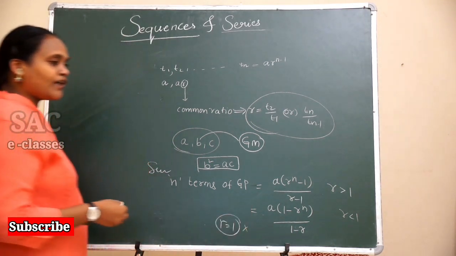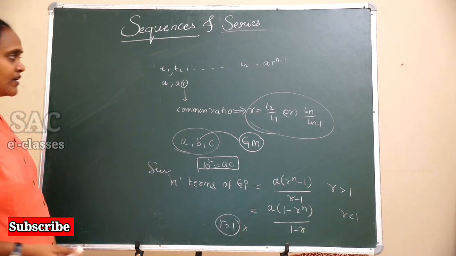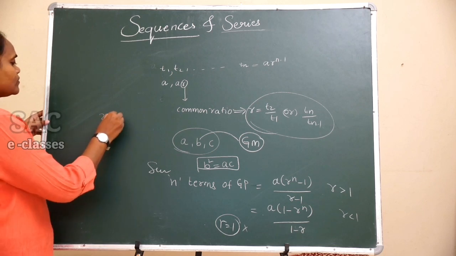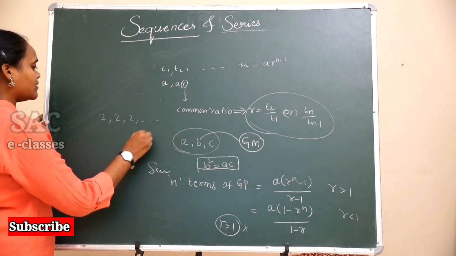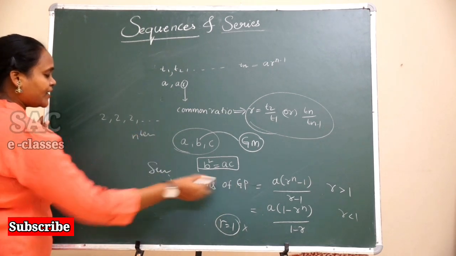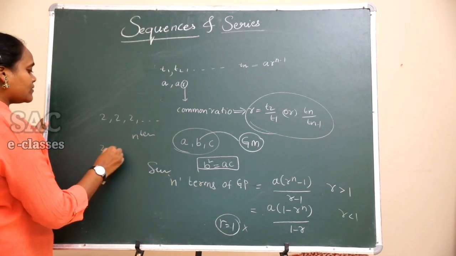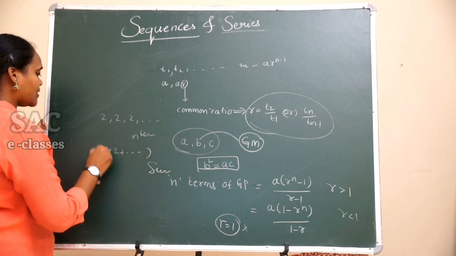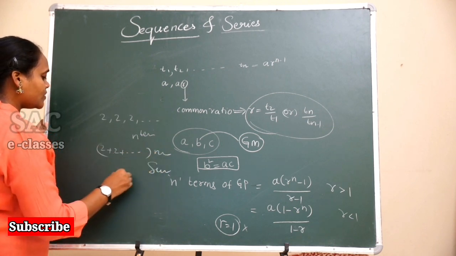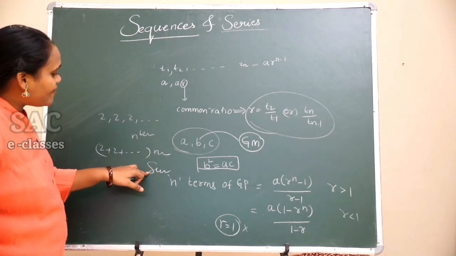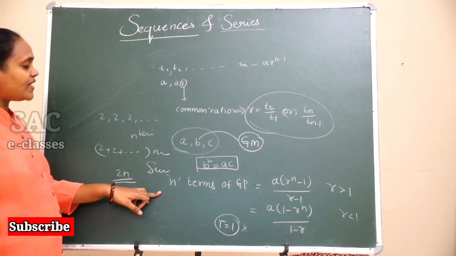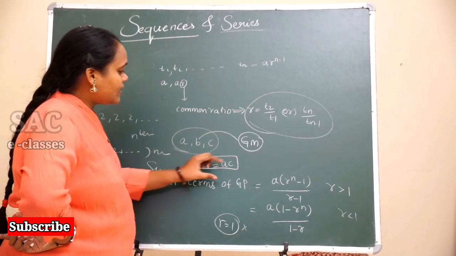That is, it can be found out by using a constant thing. That means 2, 2, 2 and so on, n terms are there. Those need not be found out by their sum; you can add them normally. N times 2 means 2n is the answer. So we are finding the sum of the n terms of the GP whenever there are n terms.